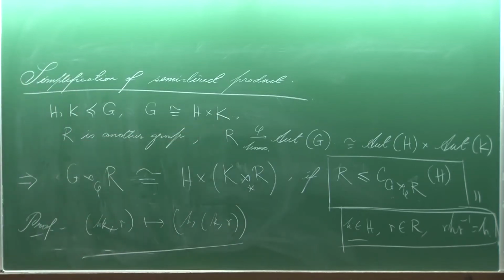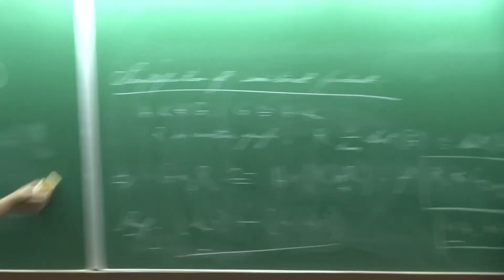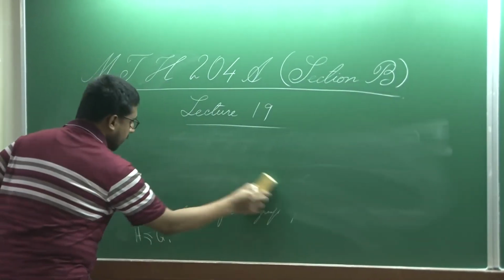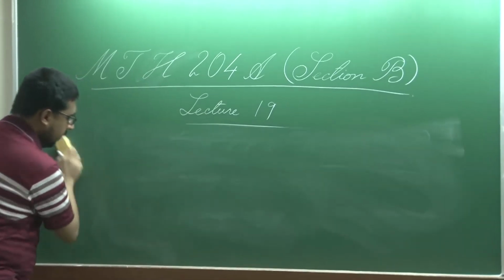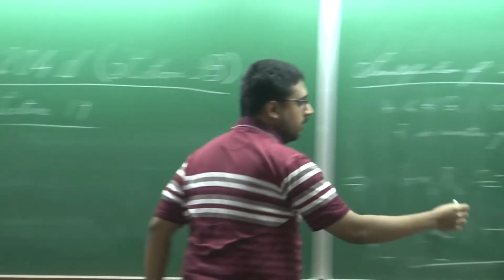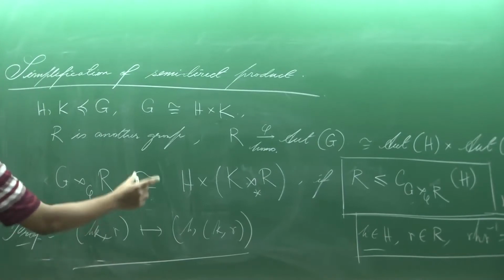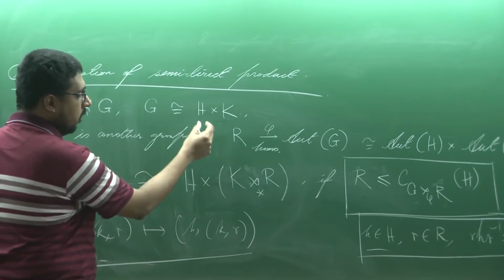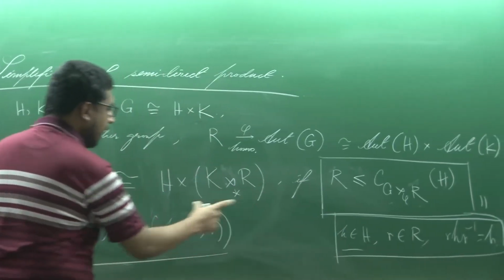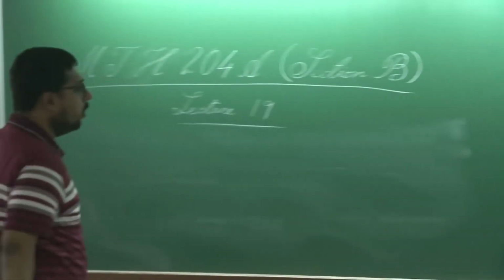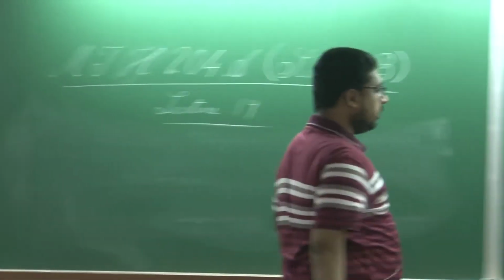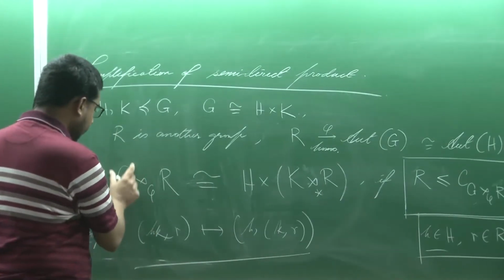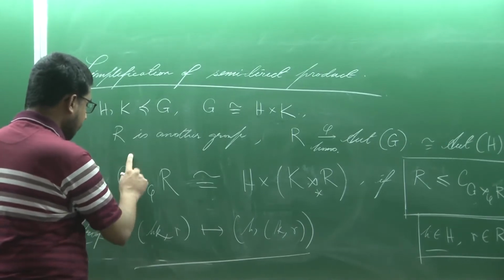Okay, we will see the application of this several times in today's lecture and in the subsequent lecture, maybe the next lecture, because in view of this, we can indeed simplify this semidirect product as a direct product of some subgroup H, which is being centralized by R, and this semidirect product. So here you see that this simplification happens